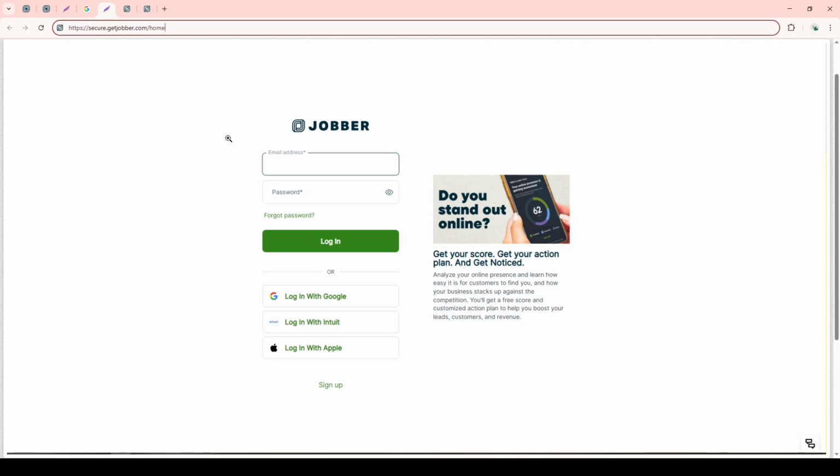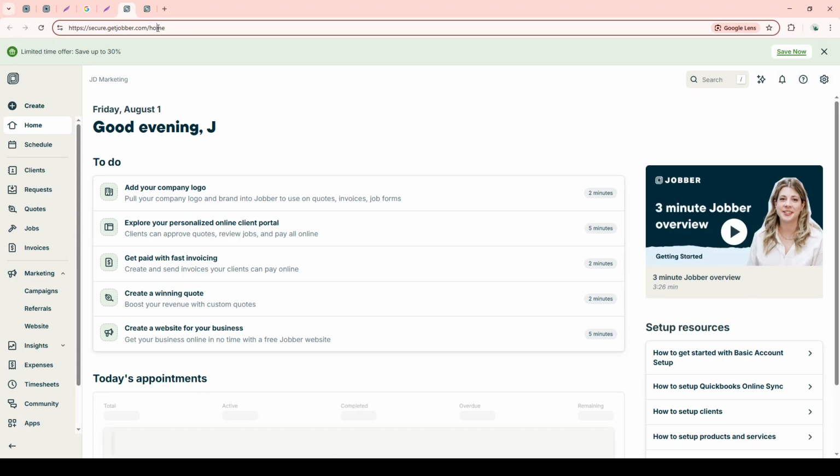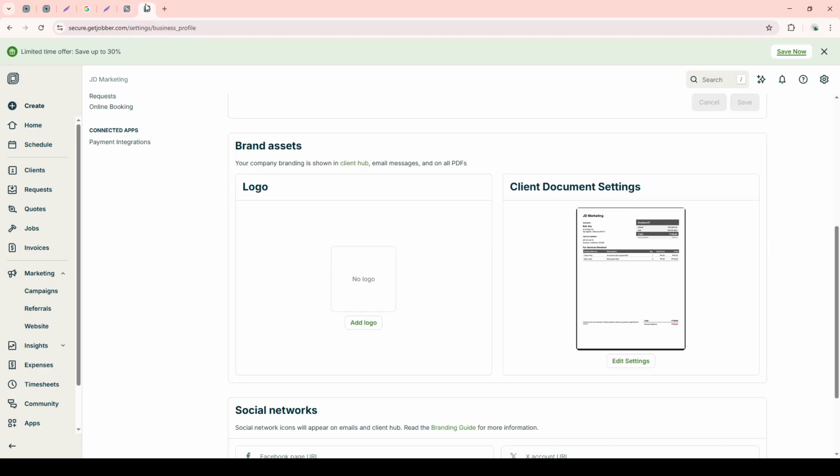Upon logging into your Jobber account, direct your attention to the top right corner of the screen, where you will see a gear icon, also known as the settings icon. Clicking on this will reveal a drop-down menu. Select the Settings option from that menu to proceed. This will take you to a new page where you can manage your account settings and tailor them to better